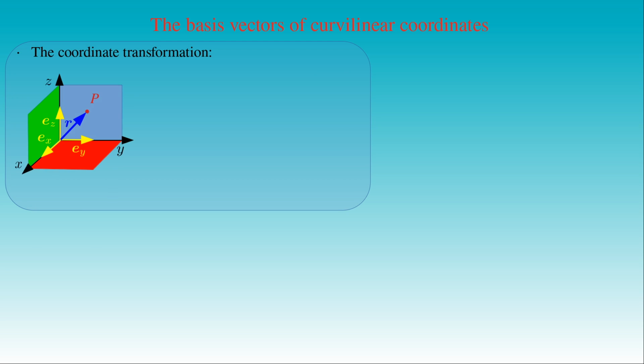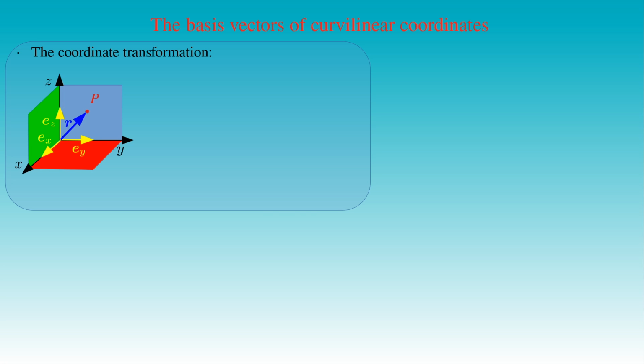If we want to describe the motion in a curvilinear coordinate system, we need to determine the explicit forms of the basis vectors of the coordinate system. We can use the coordinate transformations between the Cartesian and the curvilinear coordinates to obtain these expressions. The basis vectors of the Cartesian coordinate system are already given. Their directions are determined by the axes of the coordinate system and they have unit length.